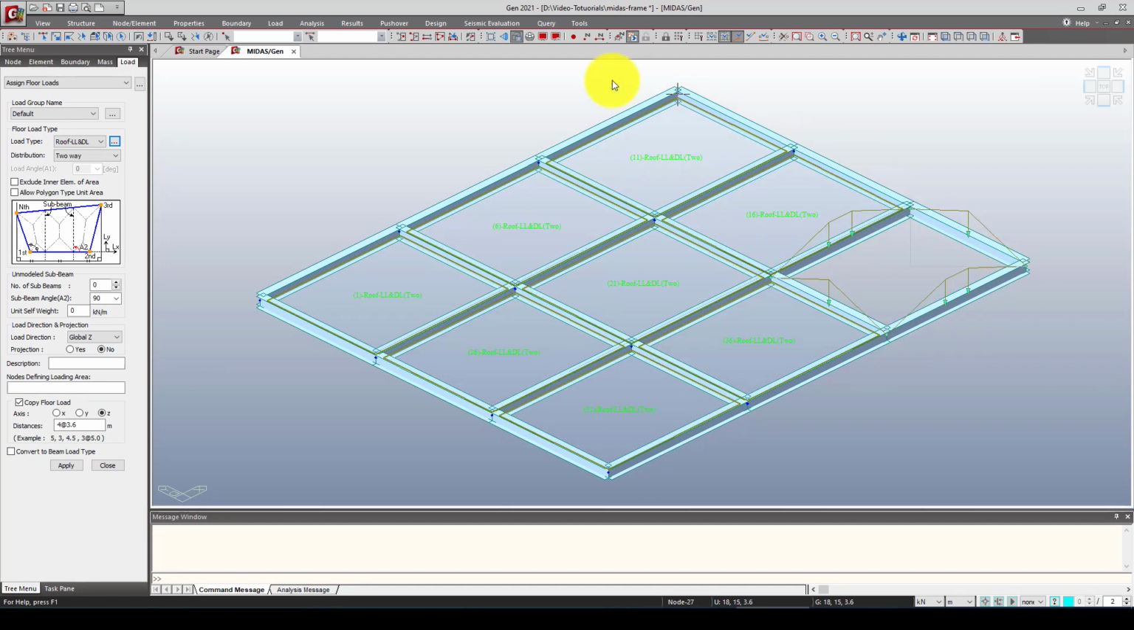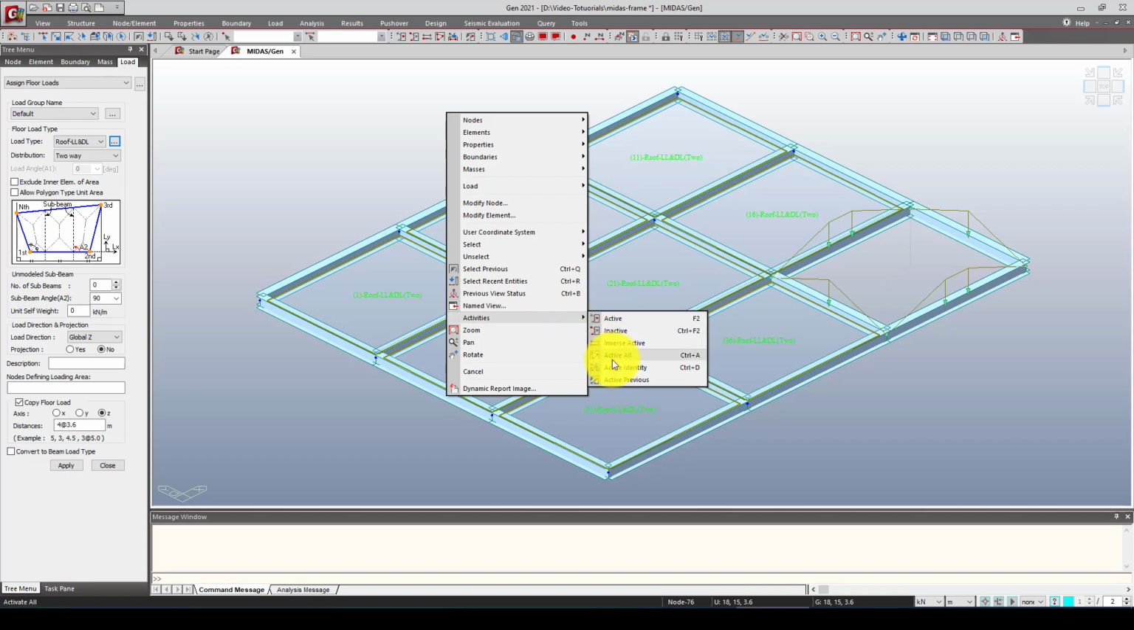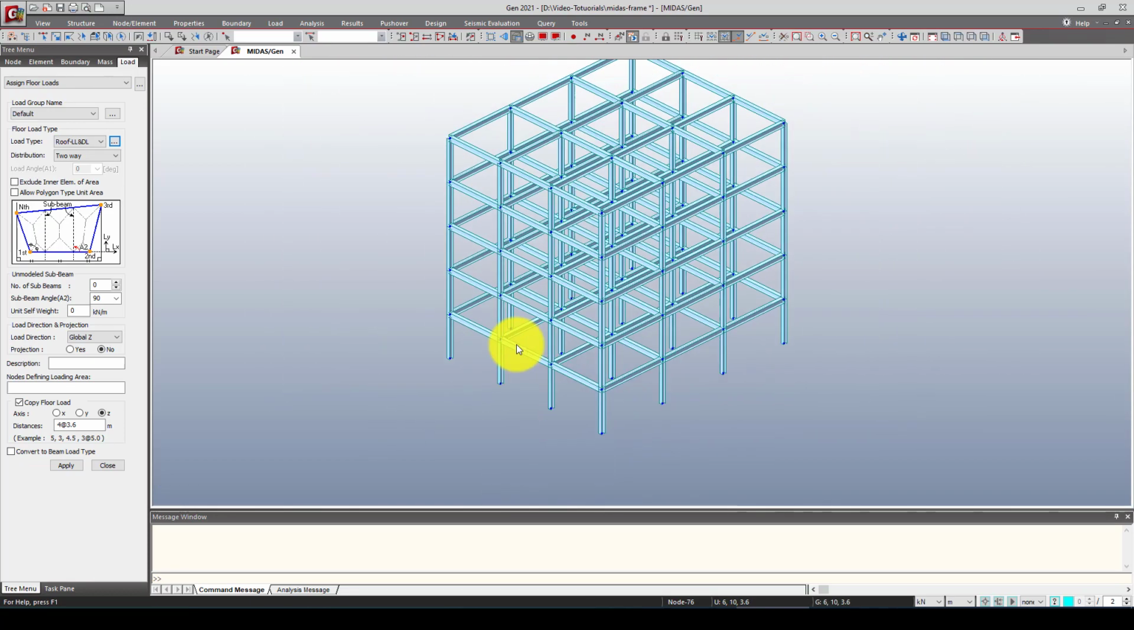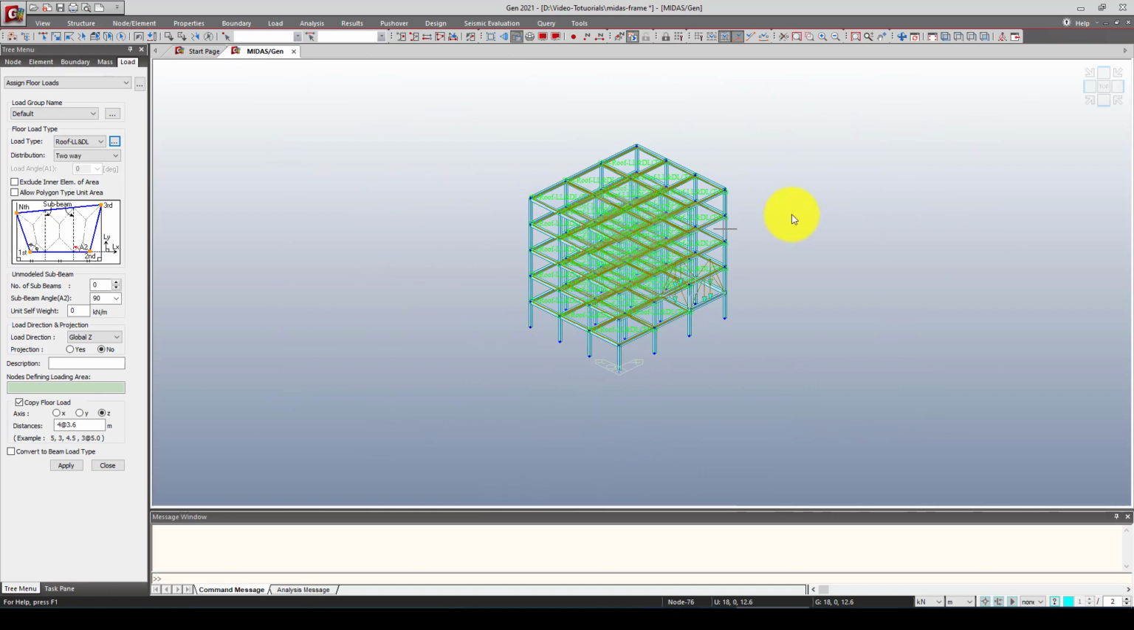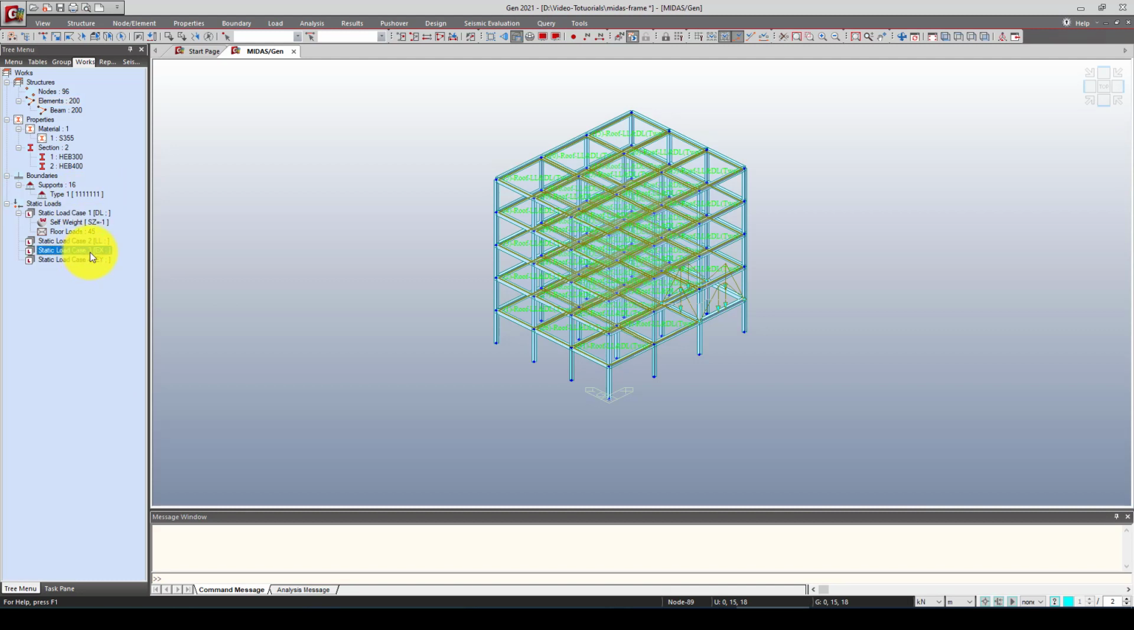Now we finished, and I can right click, and here is called active all, and all the structure is added. So now you can see the load is applied to the entire structure. So now this load is finished, and we want to define